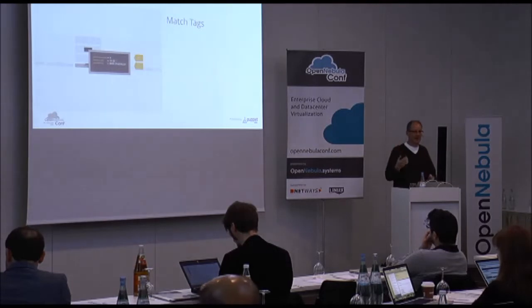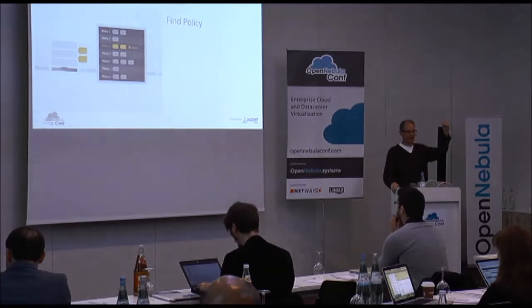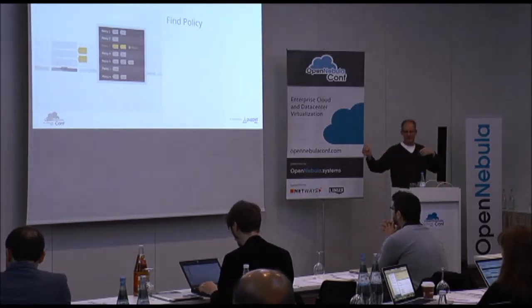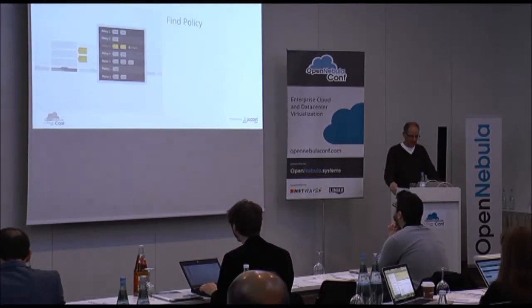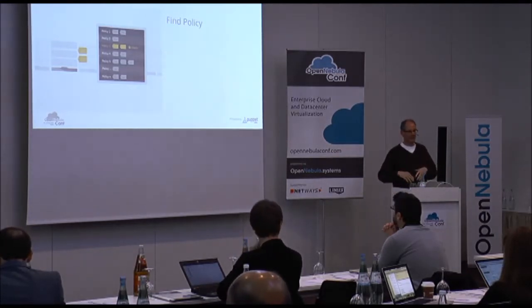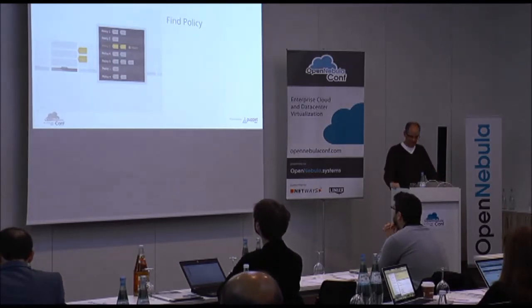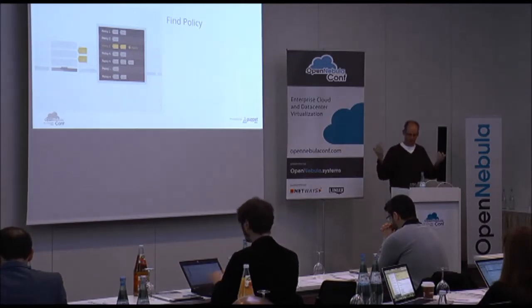And with that tagging, we go into something. You also set up a policy table that basically says a machine that's tagged in the following way should get CentOS 7 installed on it, should be a database, and if it's tagged in this other way, it should be an OpenNebula compute host. So that you can set things up in a way that all you need to do is turn on a machine, and everything else gets provisioned afterwards, very simply, very flexibly. You can also say, the first machine that comes by and looks like this should be my OpenNebula master, and any other machine that looks the same should be an OpenNebula compute host.